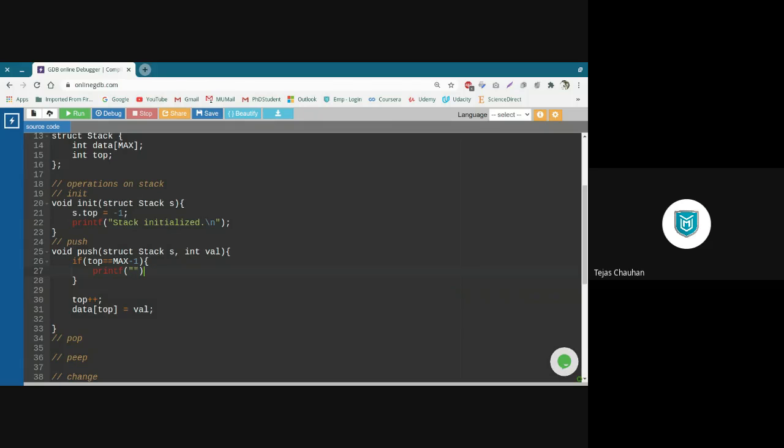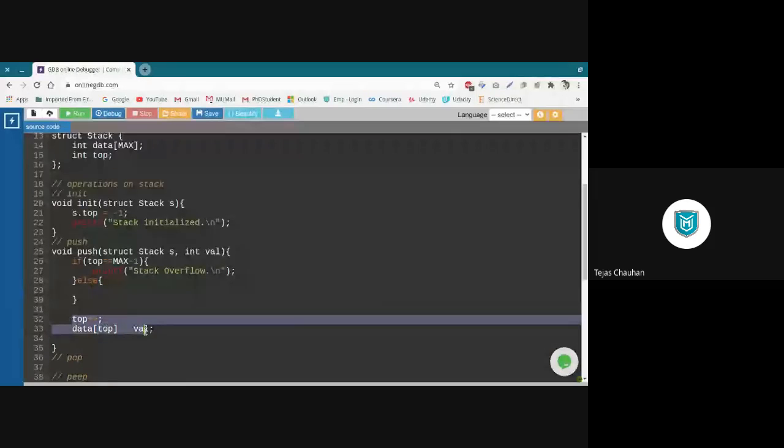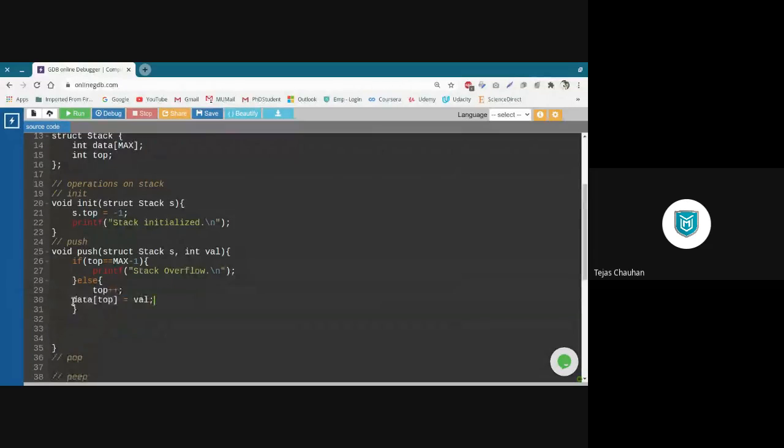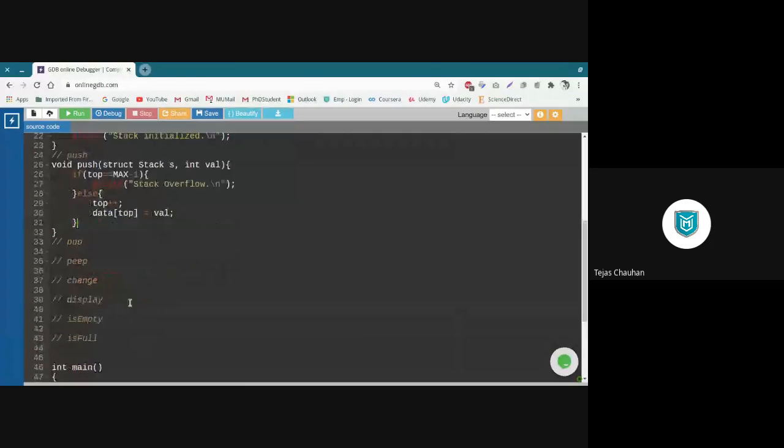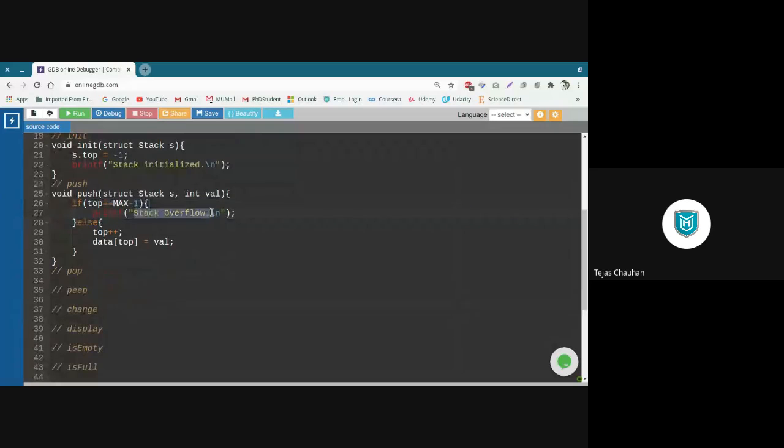So this is your overflow condition, stack overflow. And if it is not full, then in the else part, I'm going to write these 2 lines. So those 2 lines go in the else part. If your stack is full, you give a message stack overflow. If it is not full, then you store the value.